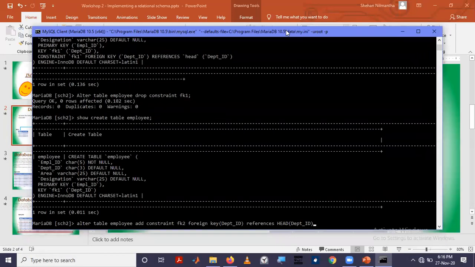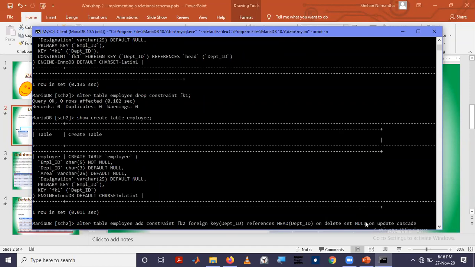We have to say on delete, meaning when someone deletes a thing in the reference relation, we can say something like set null. On update, we can even cascade. So we can set to null, set to default.